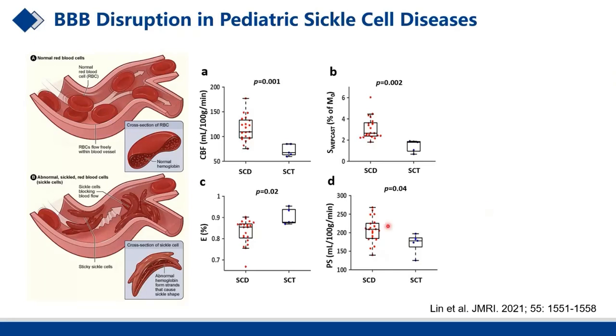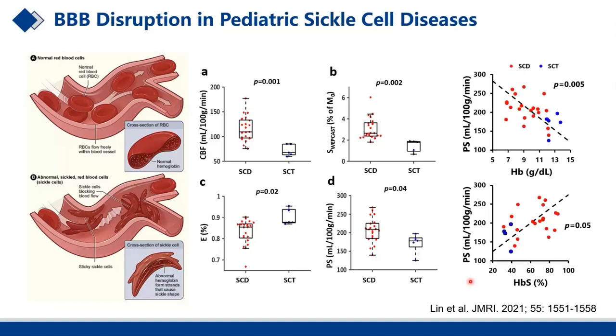or other consequences. So here, using the non-contrast method, we indeed see an increase of the PS values in the SCD patients compared with their siblings, the SCT, serving as a control. And this PS increase is also directly associated with their hemoglobin level and also the hemoglobin S level, suggesting that there is indeed a BBB disruption in pediatric sickle cell disease. And there could be some relationship with cognitive function, but due to the small sample size, we really didn't